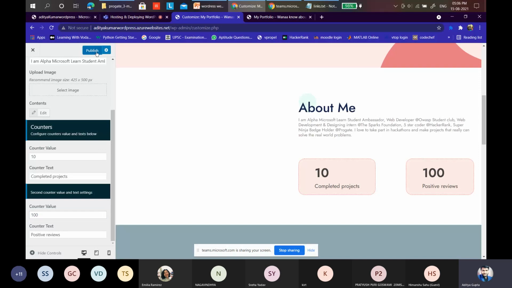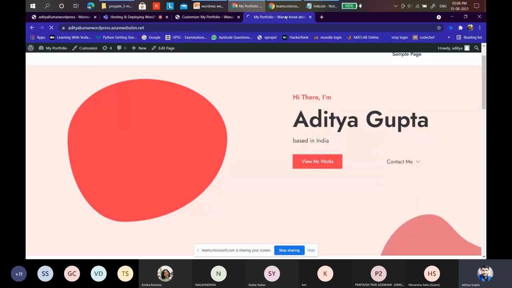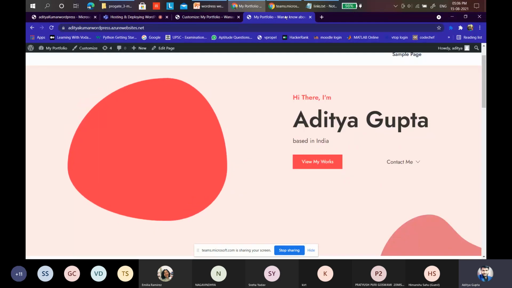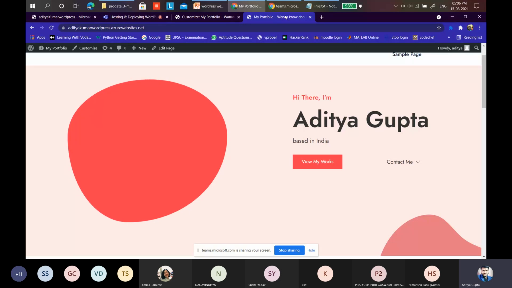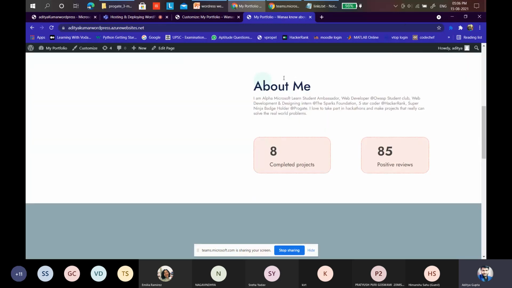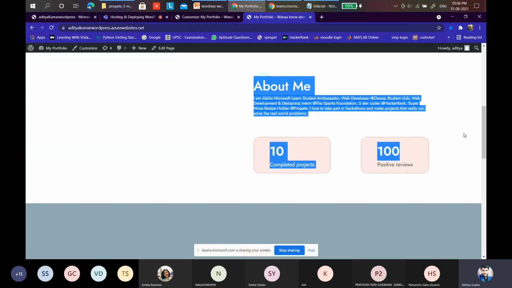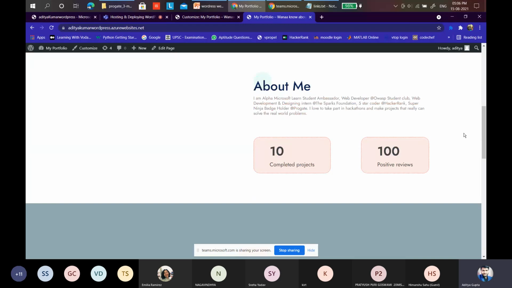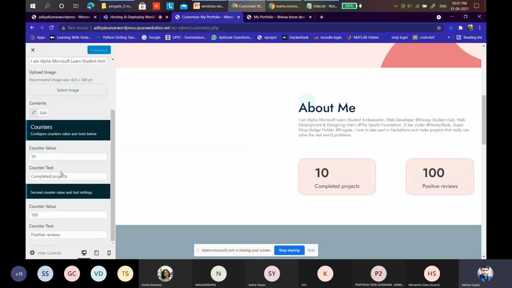Okay, click on publish again just to see whether the changes are working fine or not. So it's a continuous process. You go from the development to the staging area, then staging to development area, and it's like a loop until you are satisfied with your work. So let's see again whether our work is fine or not. Yeah, about me, everything goes fine as of now. So it's really good. Let's go to other things.